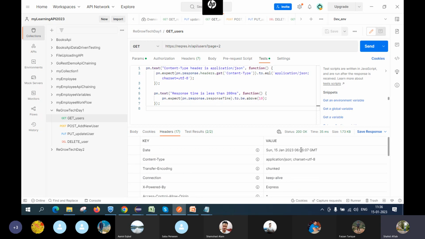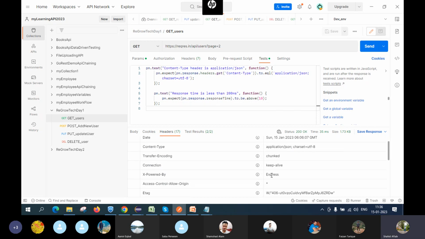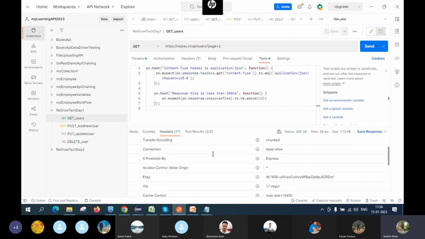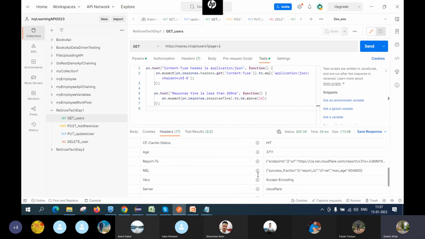डेट टाइम का तुम नहीं कर पाओगे, डेट टाइम क्या है कि वो बार बार चेंज होगा, तो तुमको पता नहीं है डेट टाइम क्या होगा, क्योंकि अभी करोगे इसके बाद नया डेट आ जाएगा, ठीक है। तुम जो फिक्स है वो तुम चेक कर सकते हो, जैसे कनेक्शन कीप अलाइव, तो ये तुम चेक कर सकते हो जो कनेक्शन आ रहा है वो कीप अलाइव है कि नहीं।